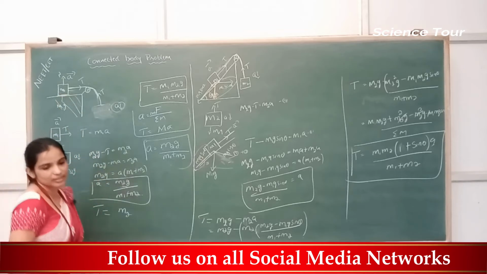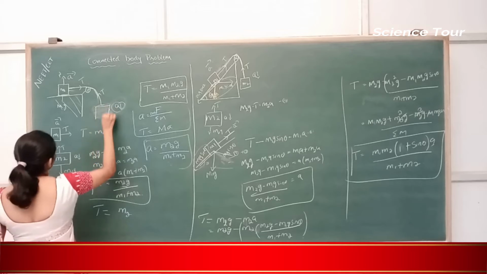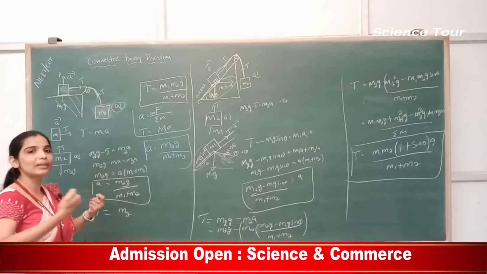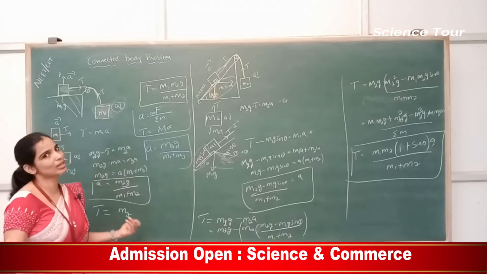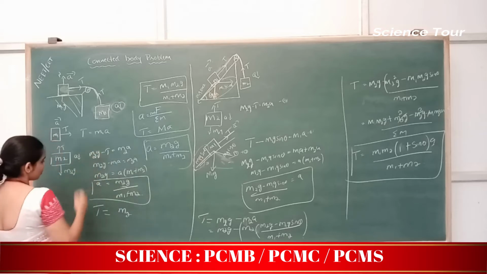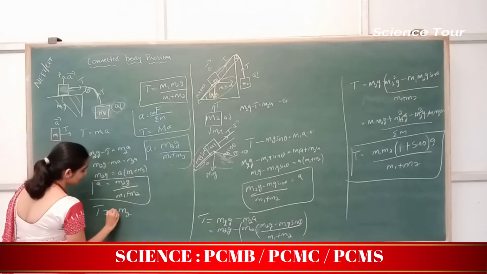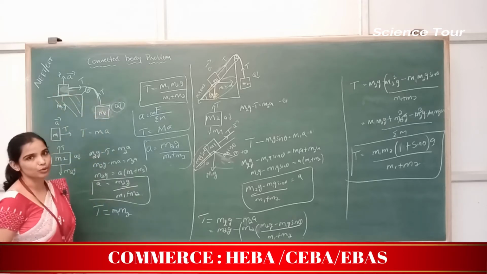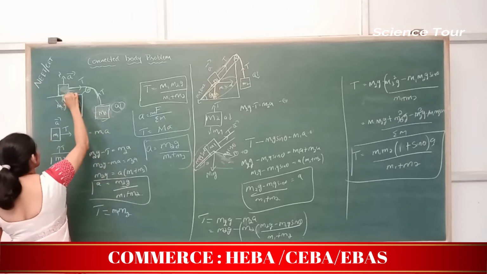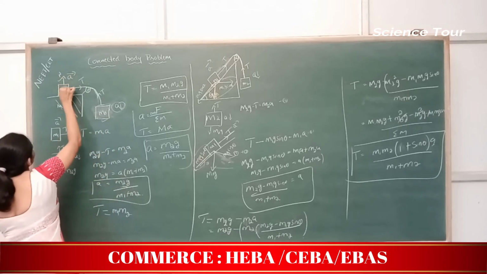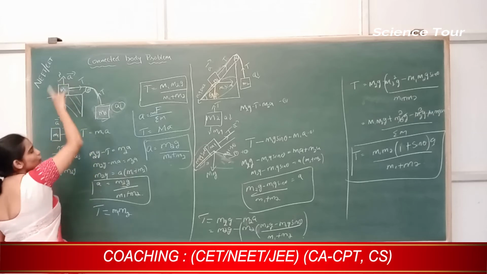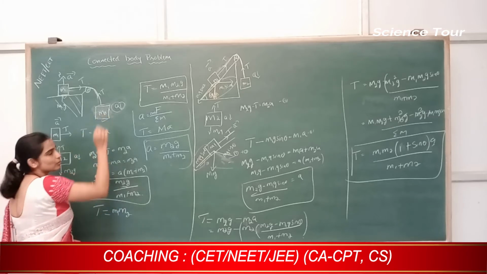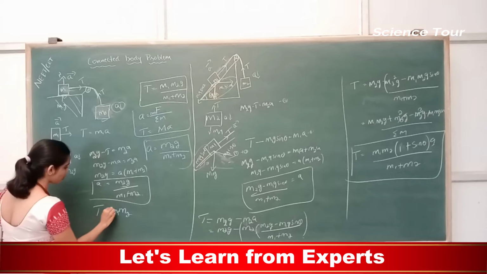If m2 is there but m1 is not there, still the tension wouldn't have been there. Only when two masses are there, the string will be stretched and tension would come into action. So both m1 and m2 should be multiplied. Correct? So how many external forces are acting here? One is the weight of m2, another is the weight of m1 and the normal force on m1. The weight of m1 and the normal force acting on m1 cancel each other. So only one force is acting, so 1.